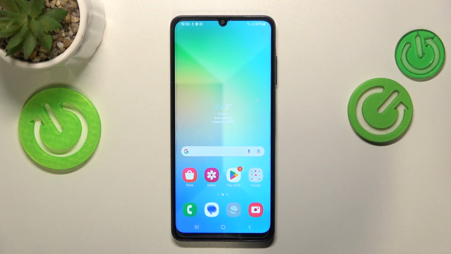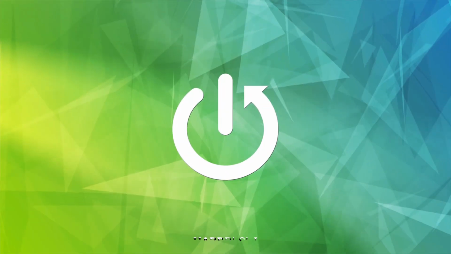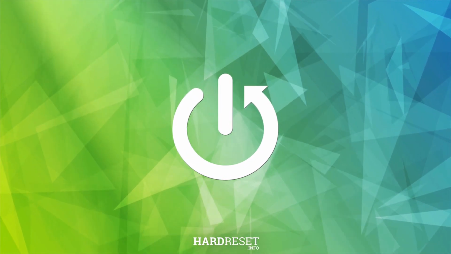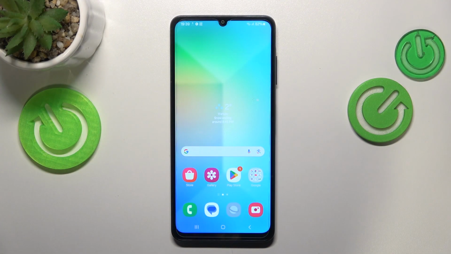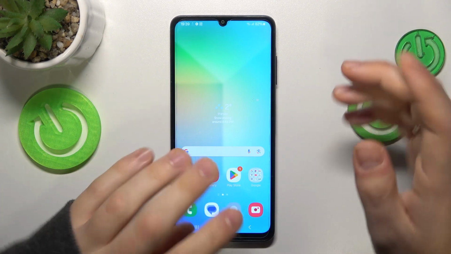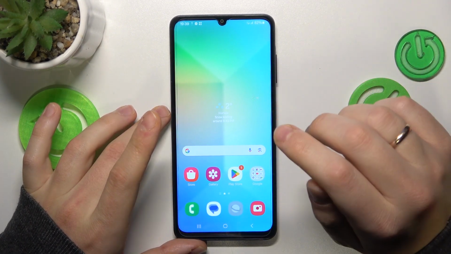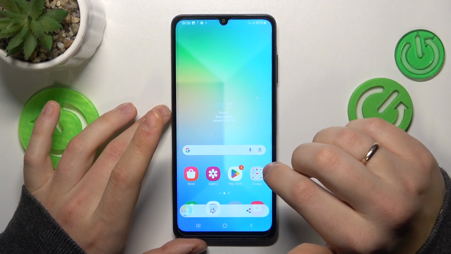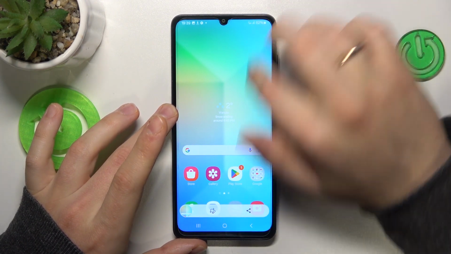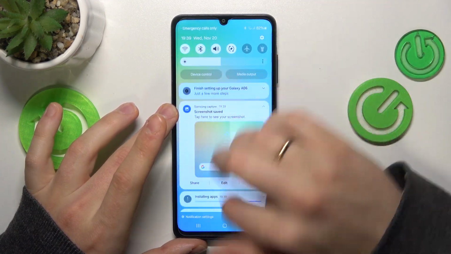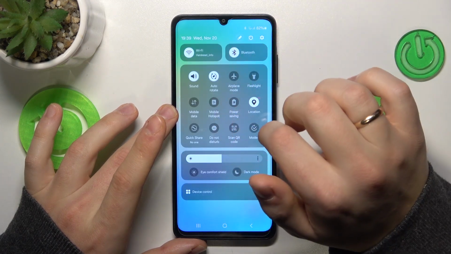This is Samsung Galaxy M05, and today I'll show how you can take a screenshot on this device. So, in order to capture a screenshot on this phone, you can either simultaneously press the volume down and power buttons, and as you can see the screenshot gets taken, or you can open the control panel, then start editing it,